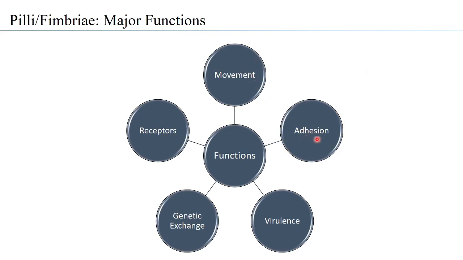Adhesion, again, is a property. Movement makes the bacteria move towards a particular surface, but it can only move. However, to make contact, it has to adhere. And therefore, the tips of the pili or the entire pilus, for example, have adhesins that allow it to attach to the surface, and therefore the attachment or the interaction that the bacteria can make is thanks to the pili and the fimbriae. Because it can attach, it can cause virulence.